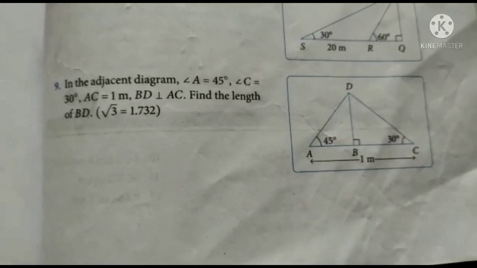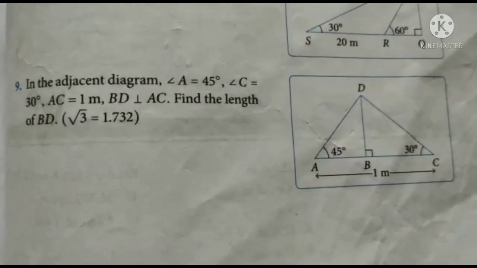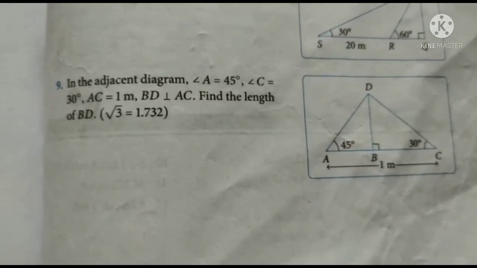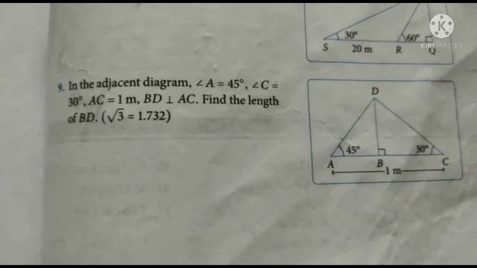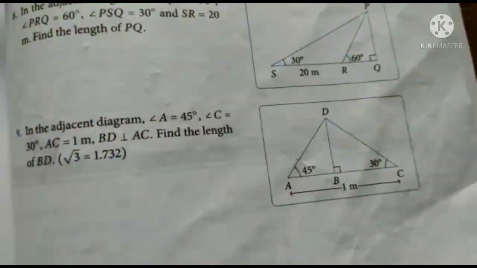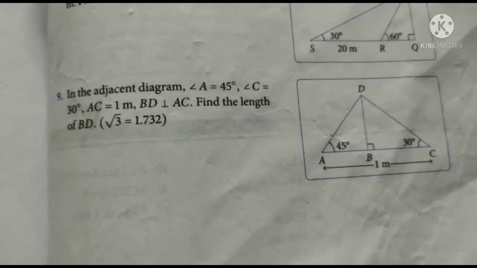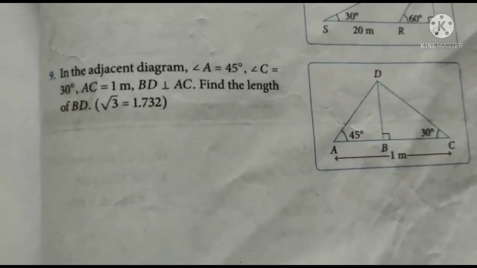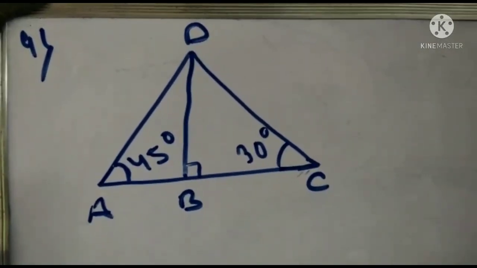So our first work will be to find AB and BC, and then it is told to find BD, where B is the right angle. So B is 90 degree and BD is told to find, it means the height. So at first let us take BD as H, because it is told height. Let's see in the board. Okay, you can see that I have drawn the figure on the board.